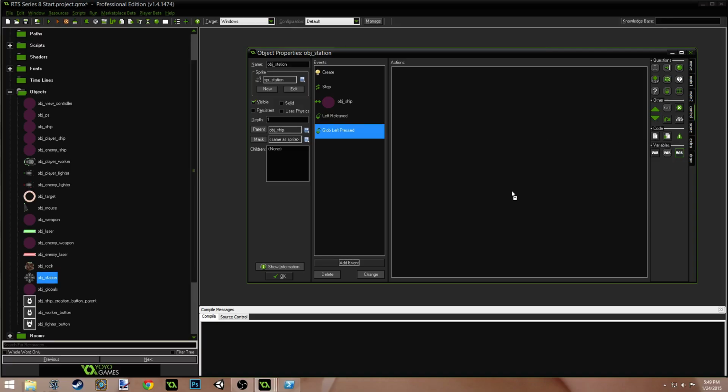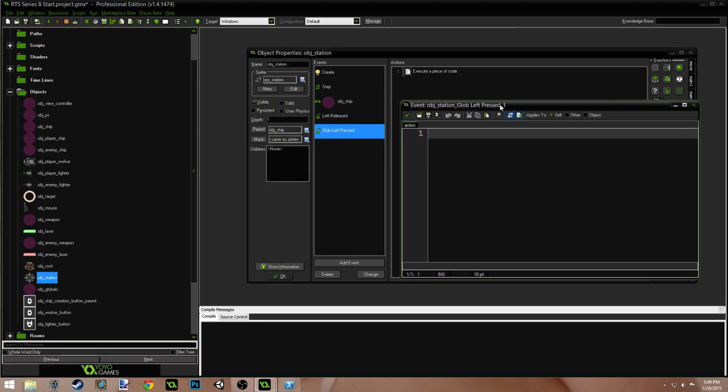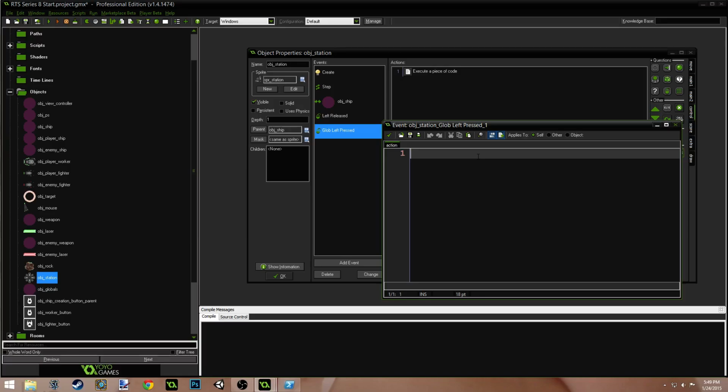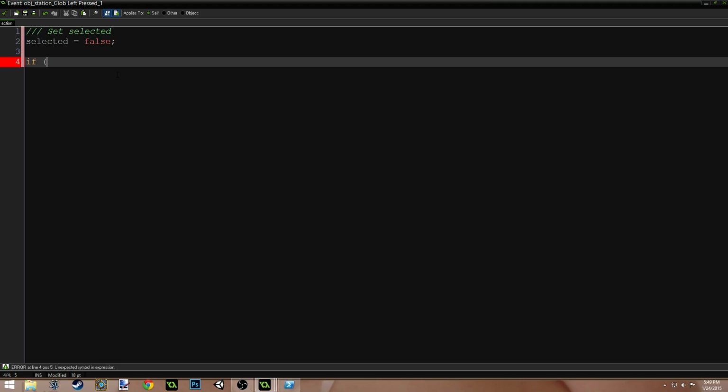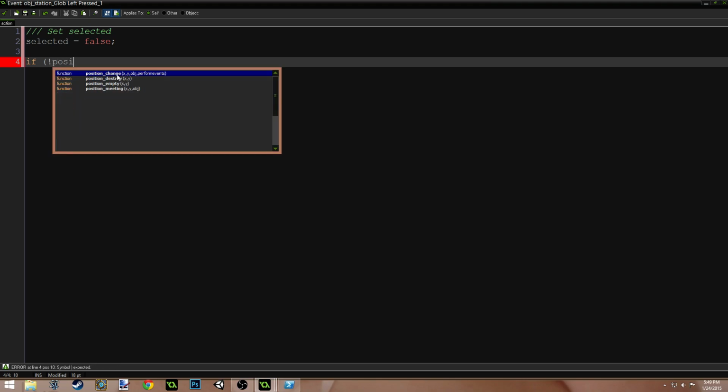This basically means if we click anywhere else in the window after we're already selected, then we want to unselect the ship and deactivate everything. Set selected. Selected equals false. If, okay, let's maximize this so we can see it better because this is going to be a big code. If not position